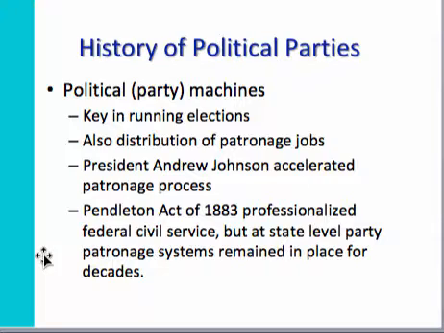Again, talking about political parties and their evolution in the 1800s, really the key player here in the development of patronage politics was President Andrew Johnson. This is called patronage. In other words, you support me in my run for office, and I will give you a job, right? And that's how politics worked in the early 1800s into the middle 1800s. There's some problems with this. You get people holding jobs for which they are completely unqualified. And this was certainly the case with Andrew Johnson.